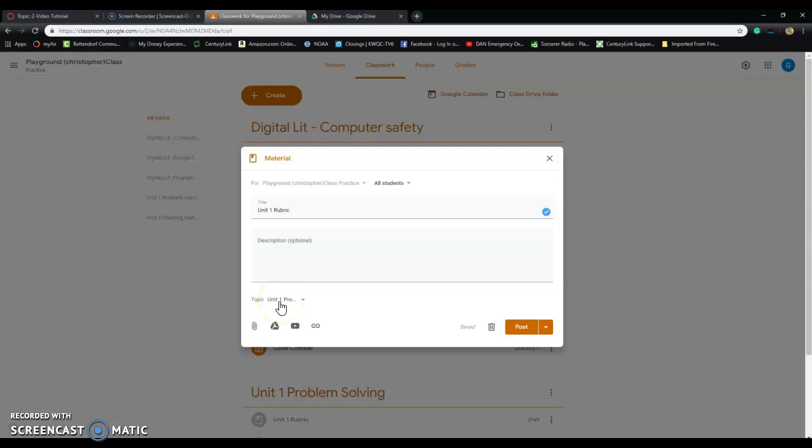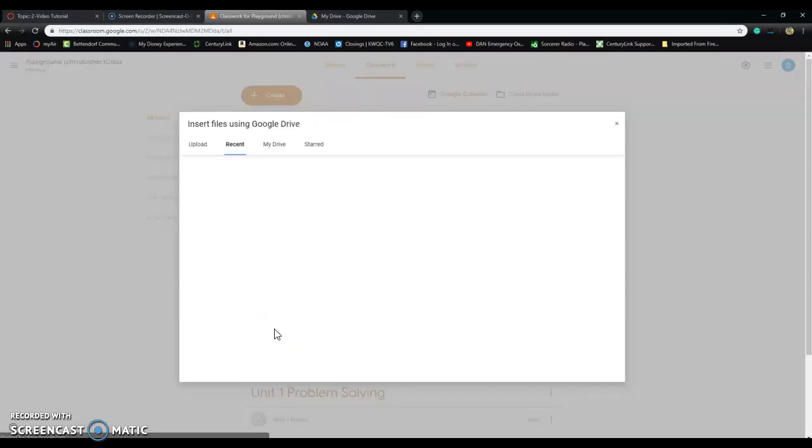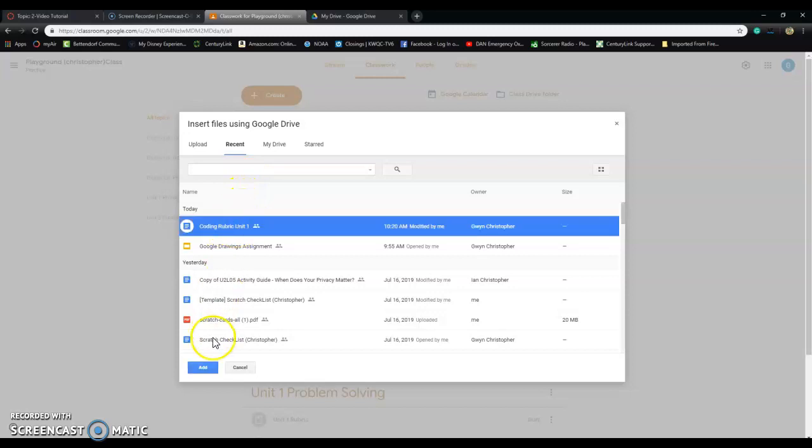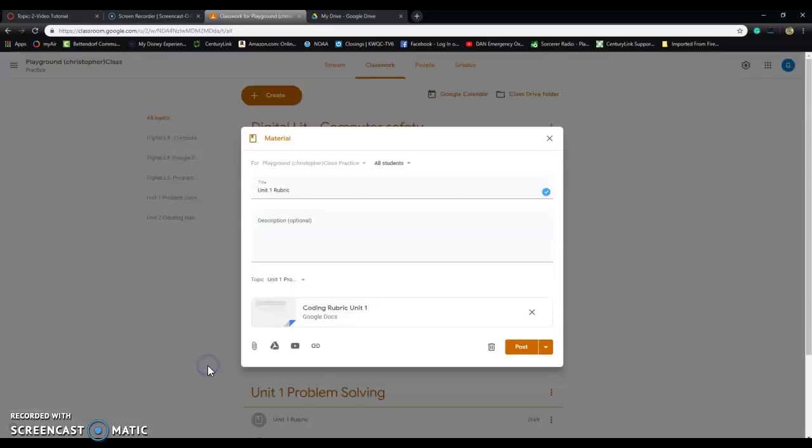Now, the rubric that I would like to add is a Google document, and it is in my Google Drive, so I can come down here and click on the Google Drive icon. And when that opens up, you can see that it's been in Recent or in My Drive. I have opened this file recently, so here it is. I'm going to click on it. I'm going to add it into